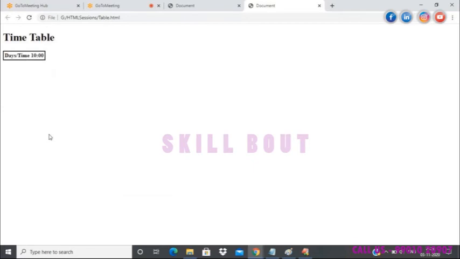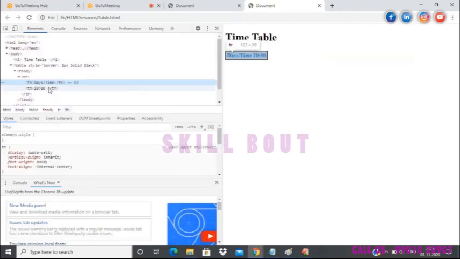If you inspect this, you can see the difference, but since I have not given any border, it is not separating it. We will see how to give the border and everything at last. We don't have to worry about that as of now.